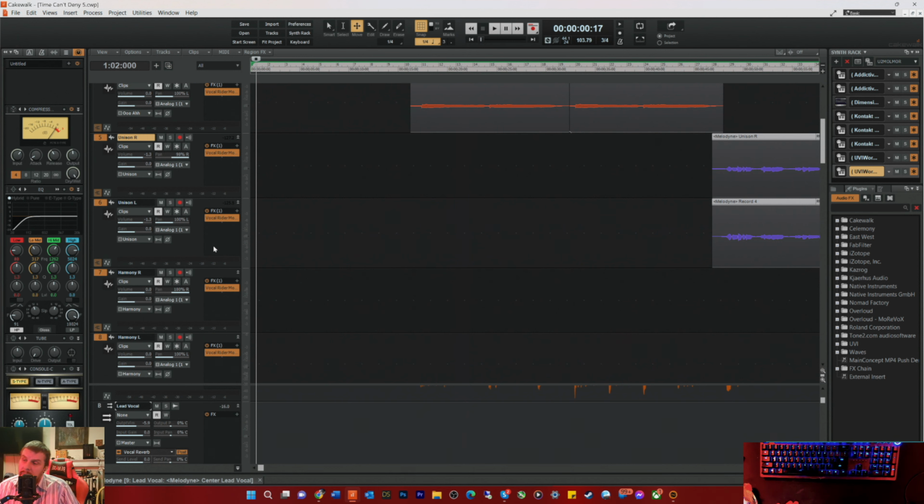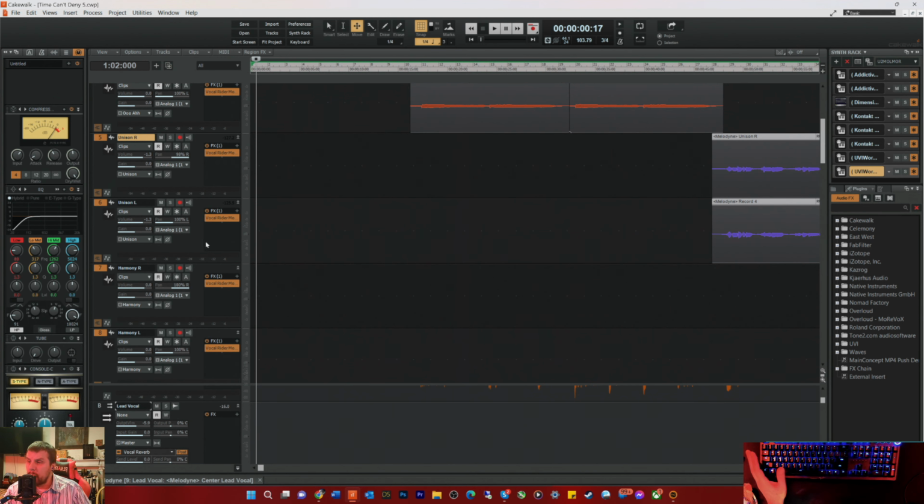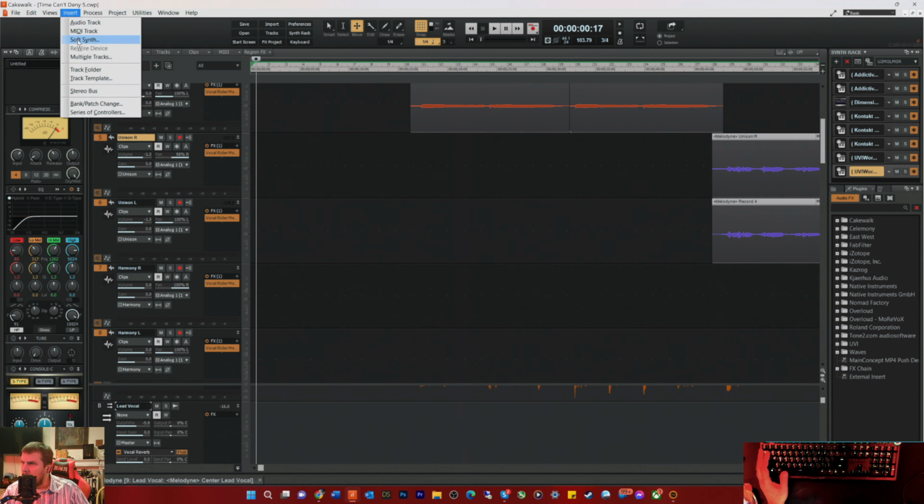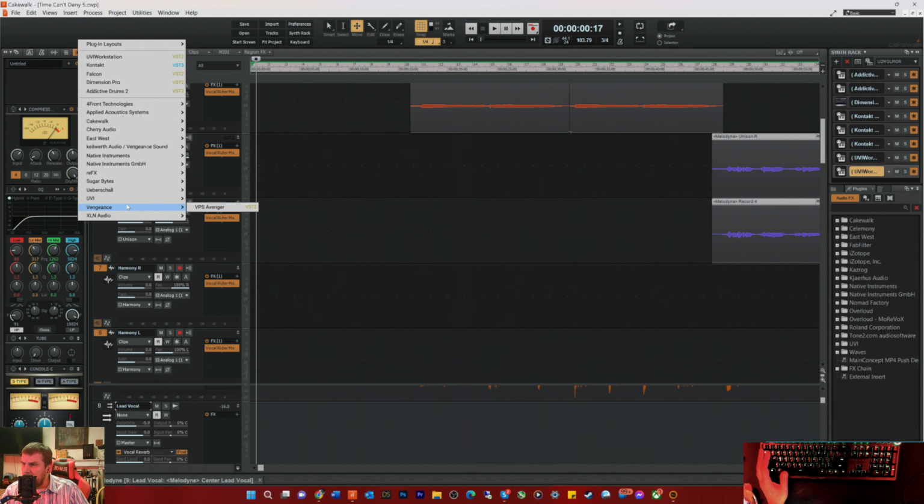And effects companies and all of that stuff, to name a few, Native Instruments and UVI, the Falcon instrument, and there's also Vengeance, the Vengeance Avenger, and this Nexus. Oh, these are amazing. East West, Cherry Audio, and then there's all kinds of plugins that work in Kontakt that are